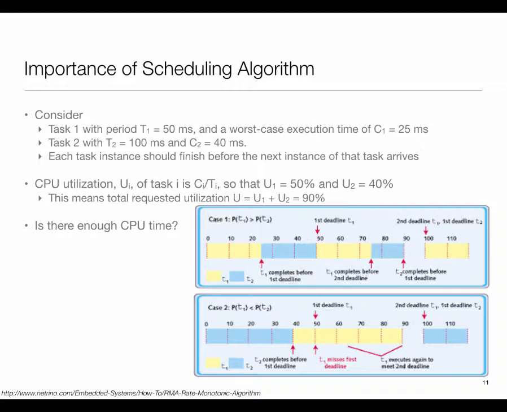Agreed? Let's look at the other way around. Now, this time around, task 2 is given the higher priority. A copy of each one of them arrived at time 0, but task 2 has a higher priority, so it gets the CPU, and it will hog the CPU until time 40. At time 40, the job of task 1, which came at time 0, will get the CPU. It will need 25 units of CPU time, but it will miss its deadline at time 50.